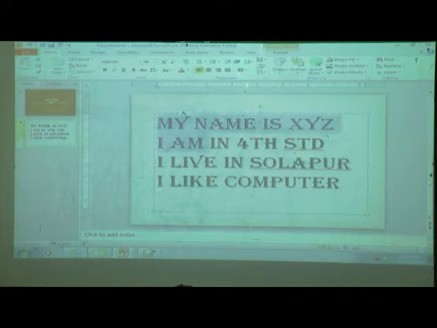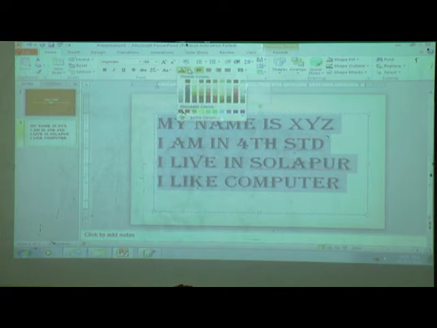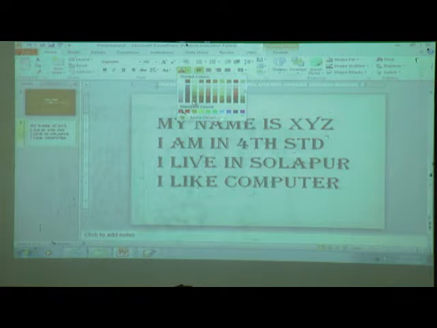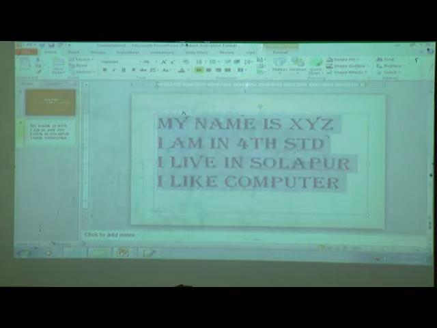How to give color? Select it. For each and everything, you must have to select. Then it is font color and select the color which you like. Okay.